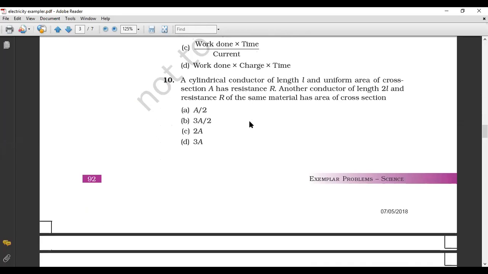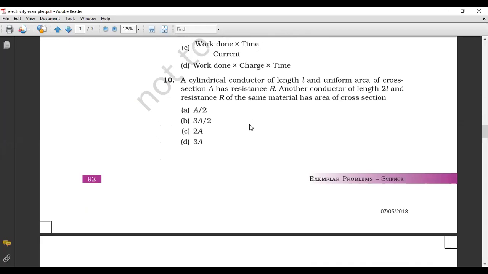Now we move on to the 10th number MCQ. A cylindrical conductor of length L and uniform area of cross section A has a resistance R. Another conductor of length 2L and resistance R of the same material has area of cross section... तो इसमें हमें क्या बताया गया है? इसमें हमें बताया गया we have a cylindrical conductor जिसकी length L है, area of cross section A है और resistance R है. We have another conductor whose length is 2L, resistance is R and the same material is taken,